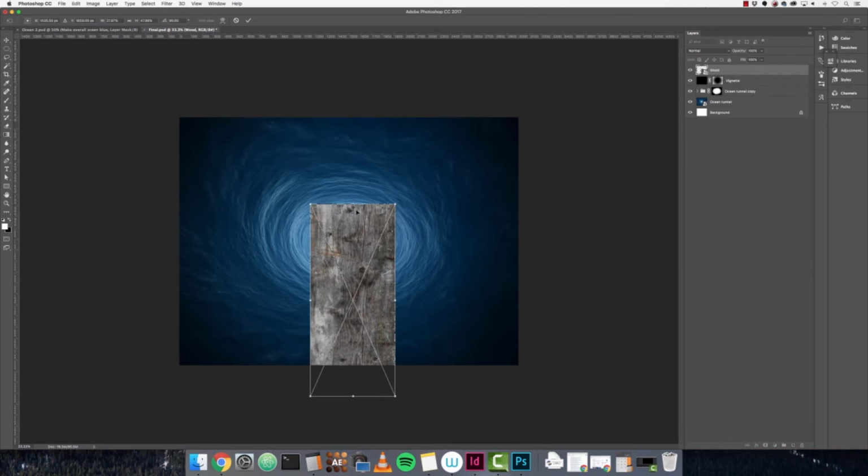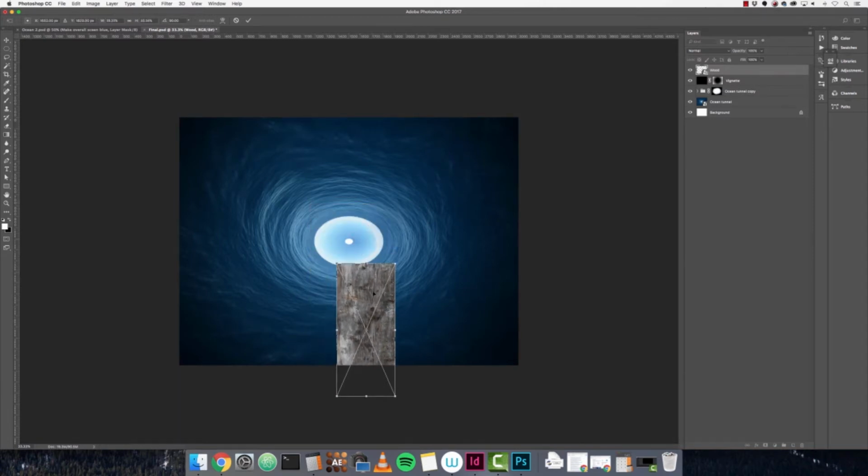So I want it to look like it's sticking out into the scene, kind of like popping out towards this circle, but we need to follow the depth of this image. So it will be wider in the foreground and narrower as it goes away from us. So just placing the board somewhere in the middle of the image at about this size,